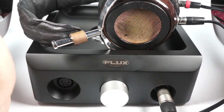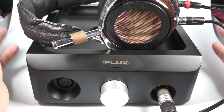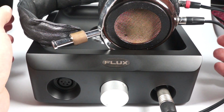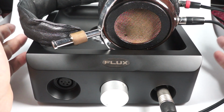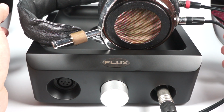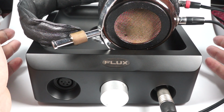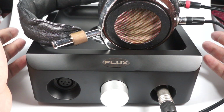Of course, I won't even tell about resolution, about punch. You will have all that. Really realistic attacks and decays, not too dry, not too slow, with good weight but not overweighted. Everything is really nicely done. Of course, it shines the most with some realistic low frequencies, so I don't know, for example, some organ music